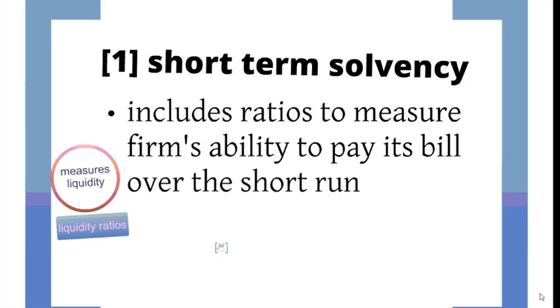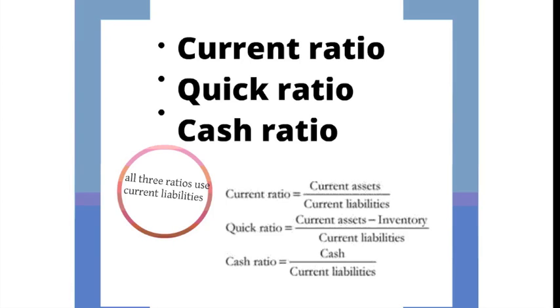First, we can measure short-term solvency or liquidity. That is, the firm's ability to pay its short-term debts, like within 1 year or maybe even shorter, like 1 week. So the ratios are also called liquidity ratios. For example, we have current ratio, quick ratio, and cash ratio. You can note